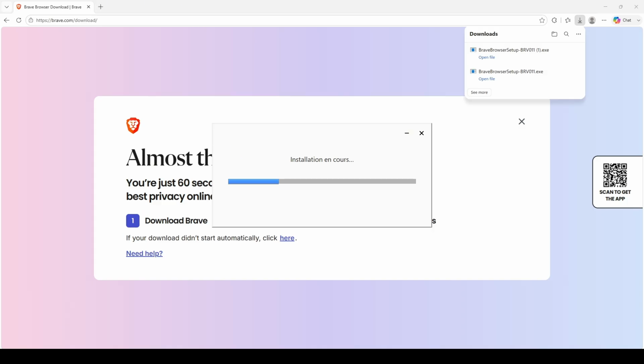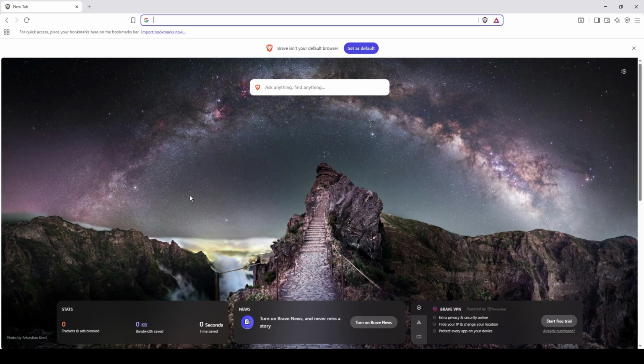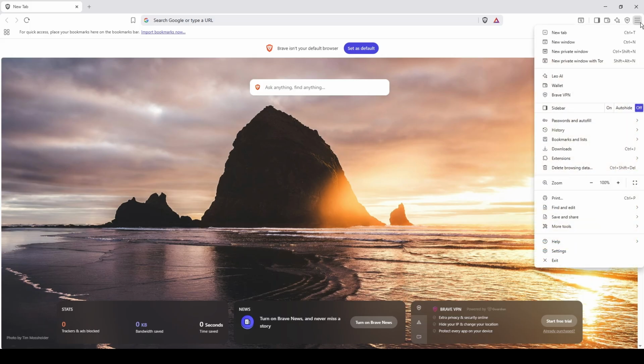A note on why Brave is worth considering. Unlike other browsers, Brave blocks ads and trackers automatically by default without needing extensions. This makes pages load faster since the browser does not need to download ad content, and it also reduces the amount of tracking data collected about you while browsing. It is built on the same Chromium engine as Chrome, so all your Chrome extensions will work in Brave as